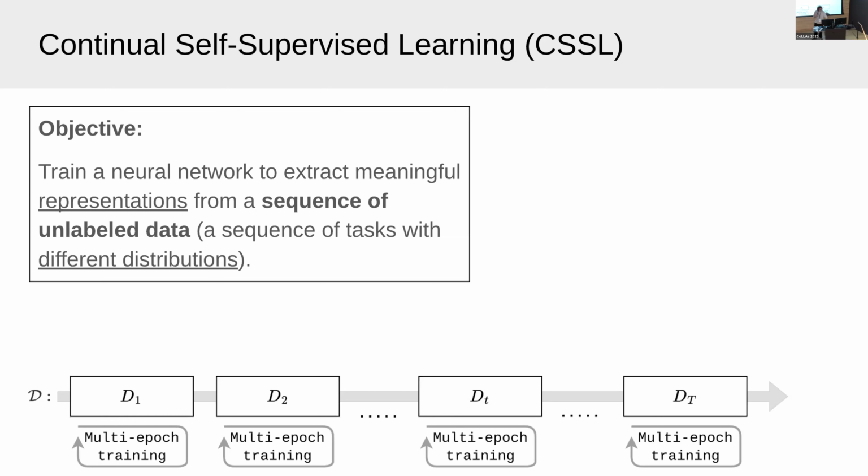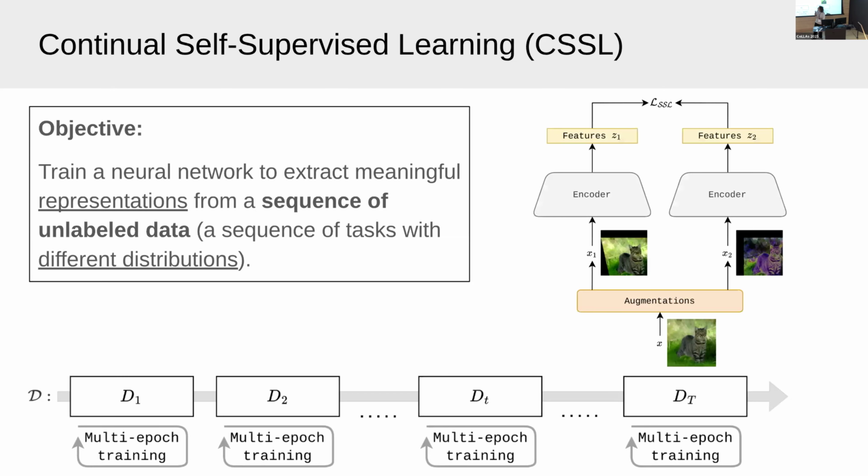Usually we focus on instance discrimination self-supervised methods, which extract two or more augmented views from each sample and then pass them through the encoder. Those views are then enforced to be similar by some kind of self-supervised loss, which can be a contrastive loss, like the one used in SimCLR, or other kinds of losses.